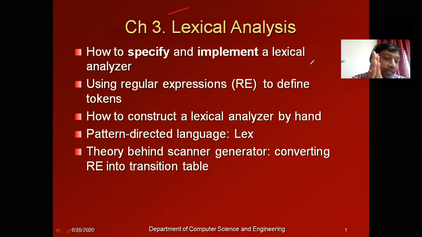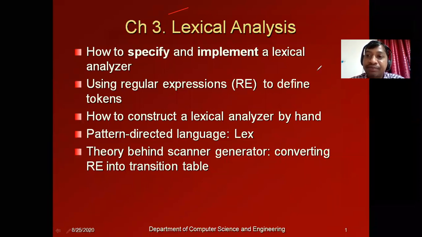The component that performs lexical analysis is called the lexical analyzer. Sometimes we will call it a scanner also. The other name for lexical analyzer is scanner.